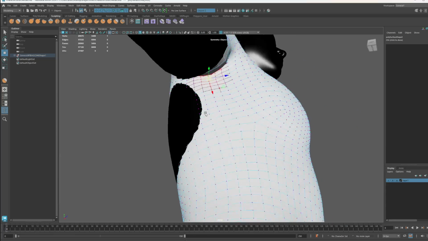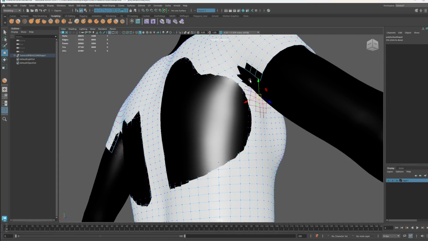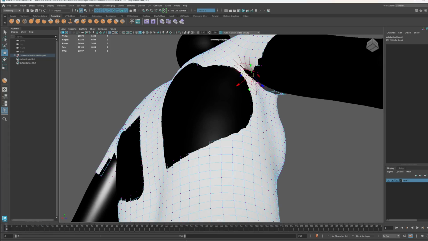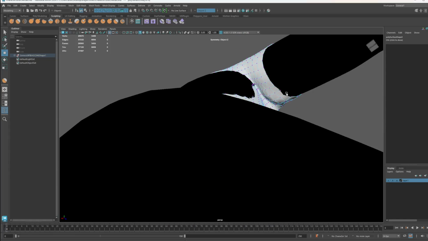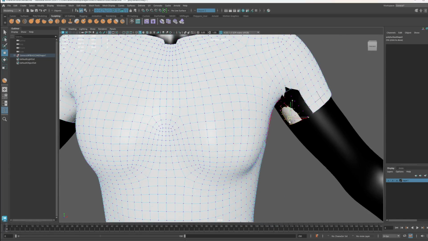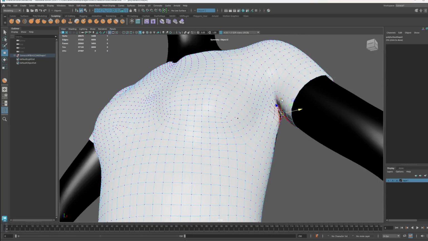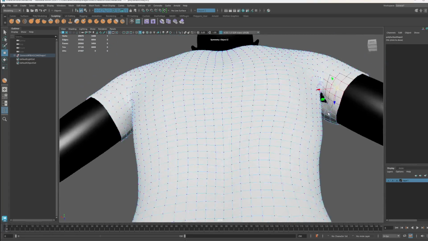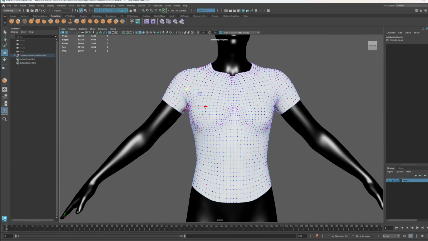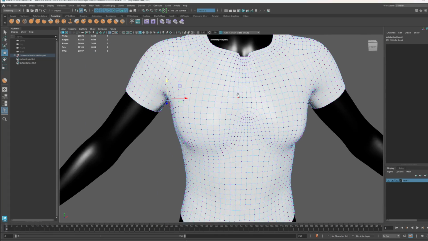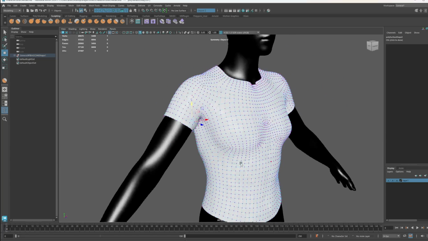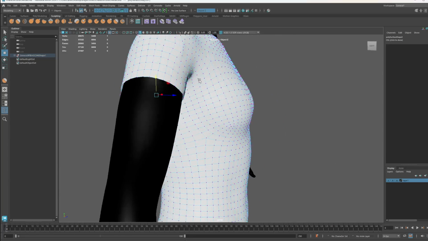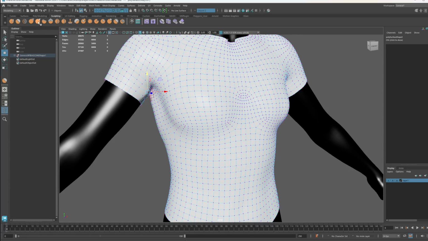And this is going to take a while, so I'm going to fast forward this section and speed up the process going forward now. Okay, so it looks like we've got it all done now. That's pretty cool. And because it's a shirt, remember, you can go in and start